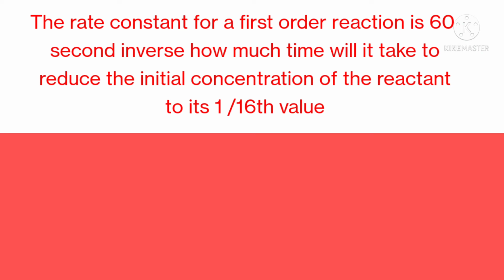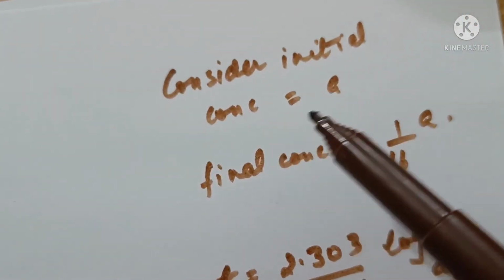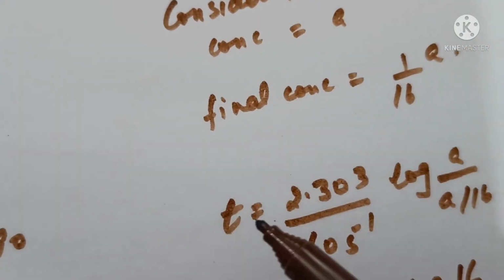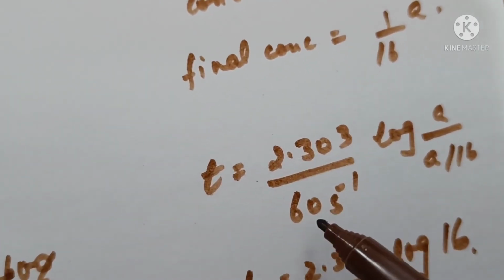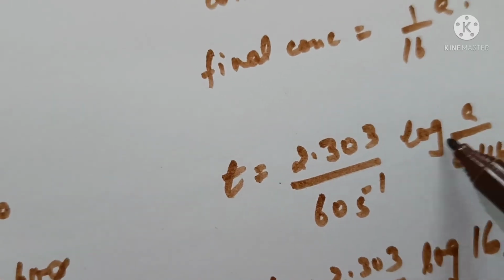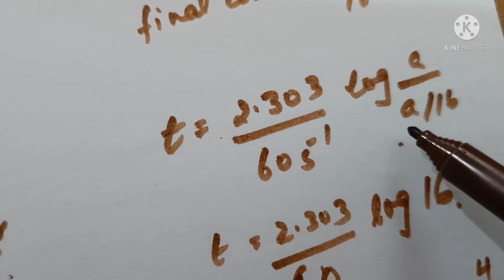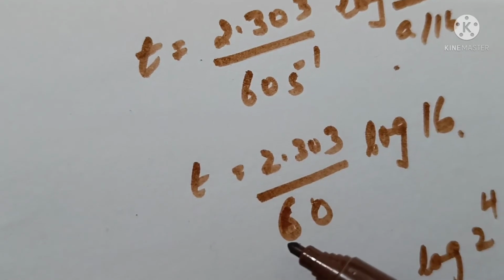The rate constant for a first order reaction is 60 second inverse. How much time will it take to reduce the initial concentration of the reactant to its 1/16th value? Consider initial concentration A and final concentration 1/16 of A. So time will be, according to the first order equation, 2.303 upon the rate constant, which is given as 60 second inverse, log of A upon A/16. 16 comes up, A and A cancel out, and the equation becomes t is equal to 2.303 upon 60